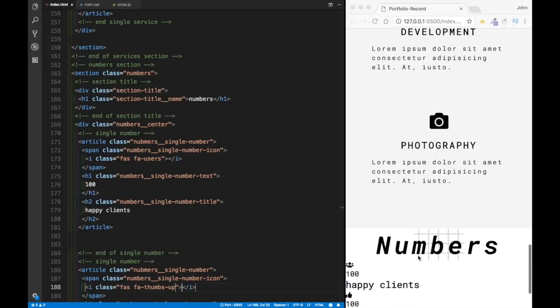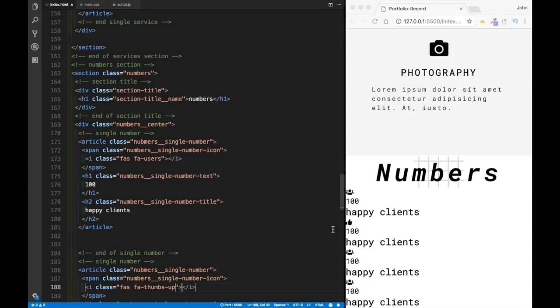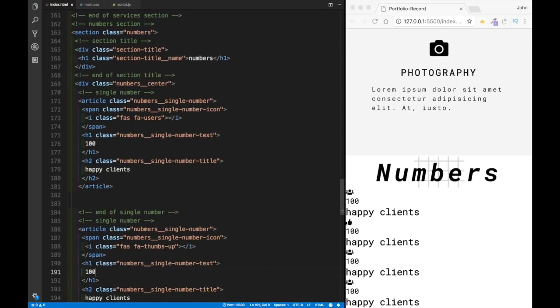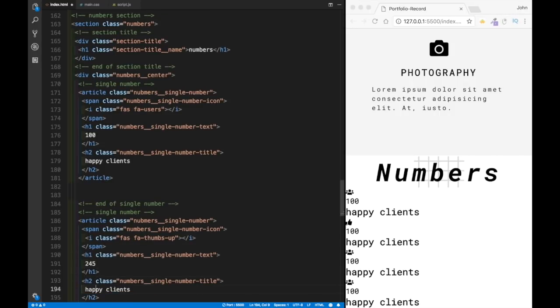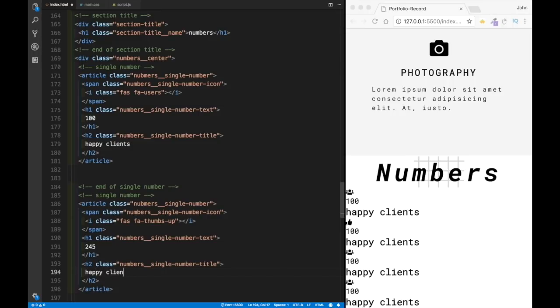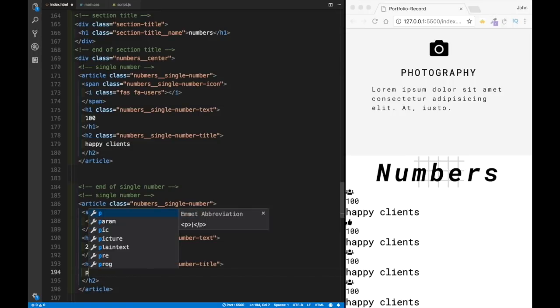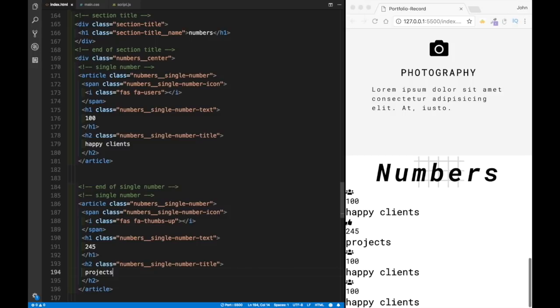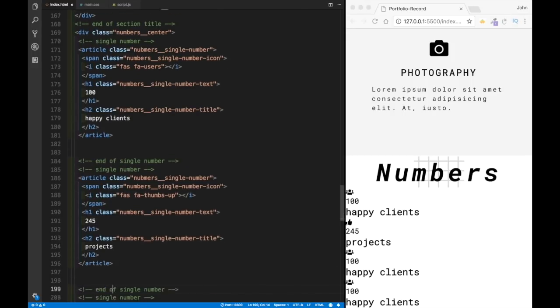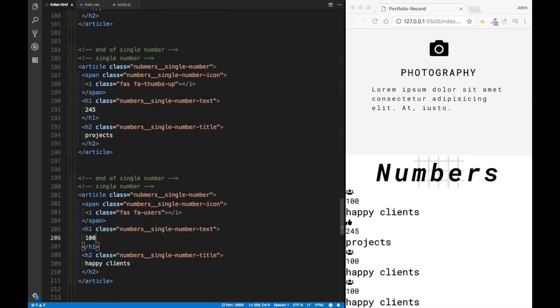So once I save it, check it out over here. Now we have our thumbs up. So here we're also going to have a different value. I'm going to say over here that this is going to be 245, and this is going to be projects. So here we're going to say this is going to be, instead of happy clients, we're going to call this a project. Now after that, the next one is going to be the lines of code. So we're going to call this an edit. So here we're going to say this is going to be an edit